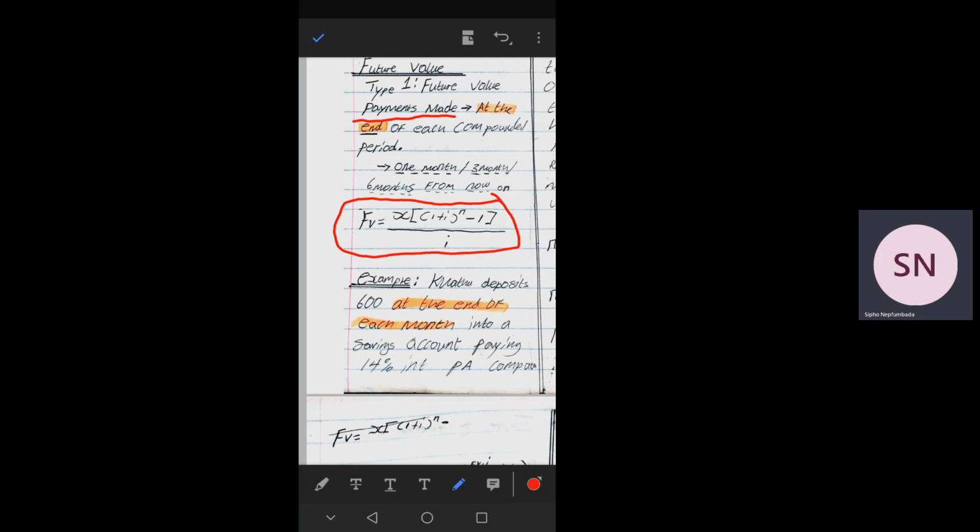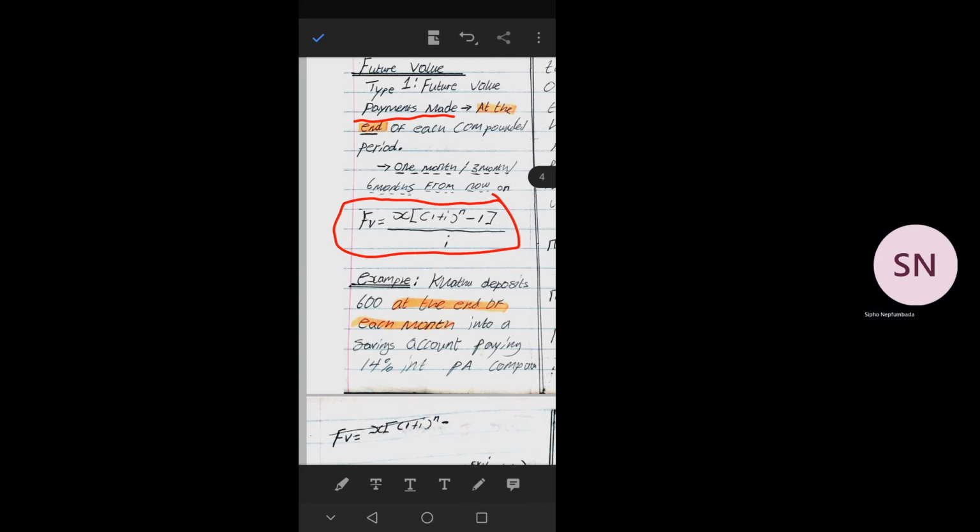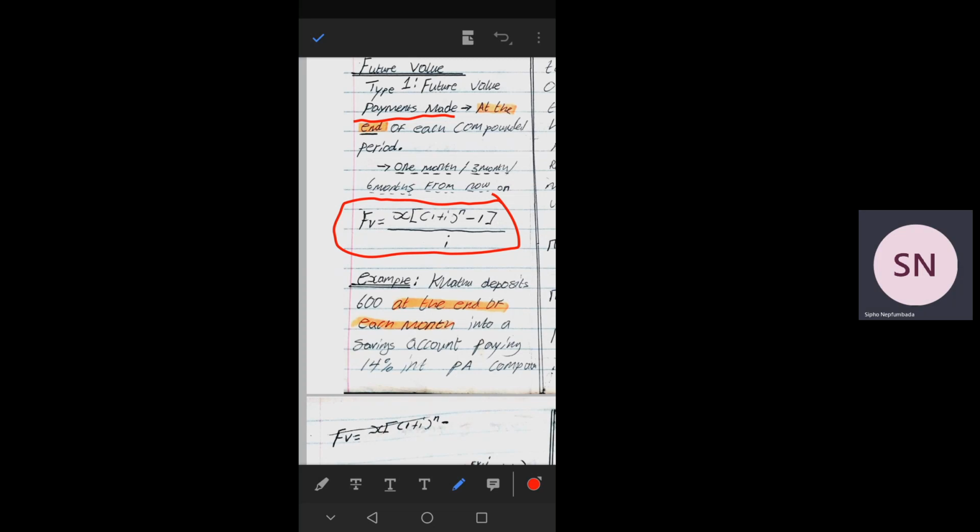So let's see an example, where you deposit something, something that you withdraw is a fee at the end of each month. The person makes a payment at the end of each month into a savings account paying 14% interest per annum compounded